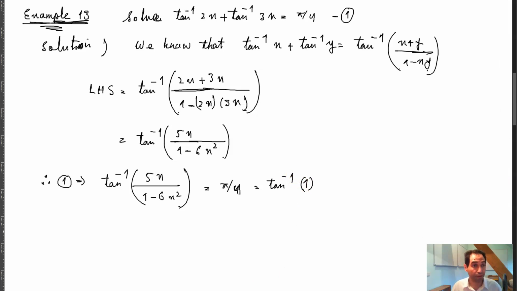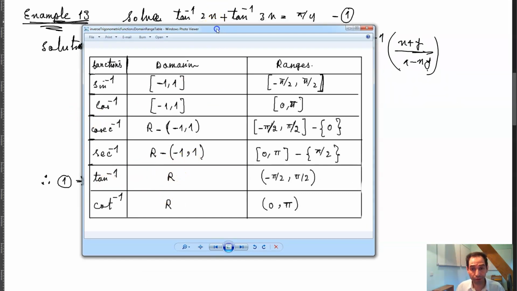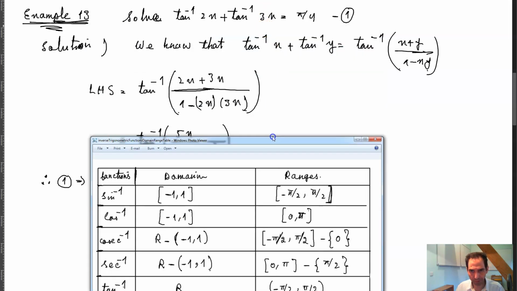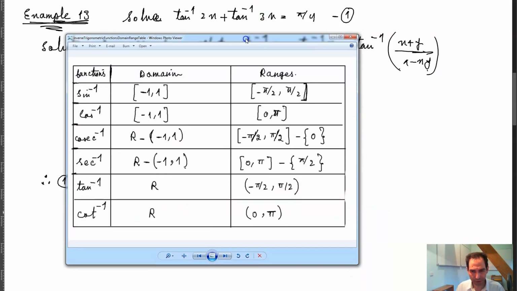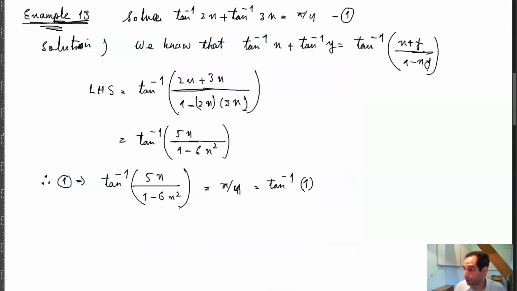So let me see. Okay, so over here we said that for the tan inverse function, the domain is all the real numbers, and the range is negative pi by 2 to pi by 2. So pi by 4, of course, is in the range of the tan inverse function, and the input is all the real numbers, which means that